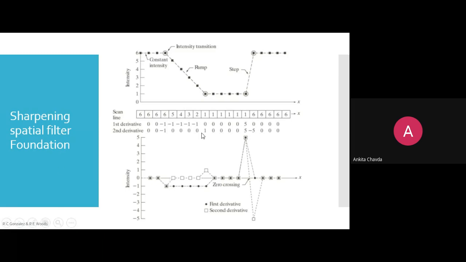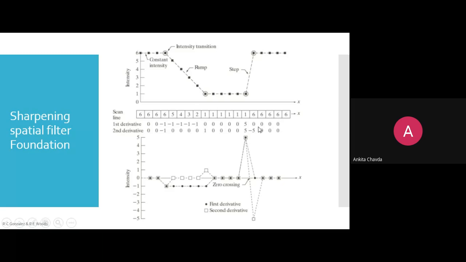Then here this would be 1. Yes, it would be an increase in your second derivative. But here it is decreasing. So this is known as your zero crossing, right here. Here it will become a zero crossing. I'll come to that point. Again, you can check here at 0, 0, 0. Whenever there is a constant value, both will be 0, 0, 0. Right. So first and second, both the derivatives are 0.